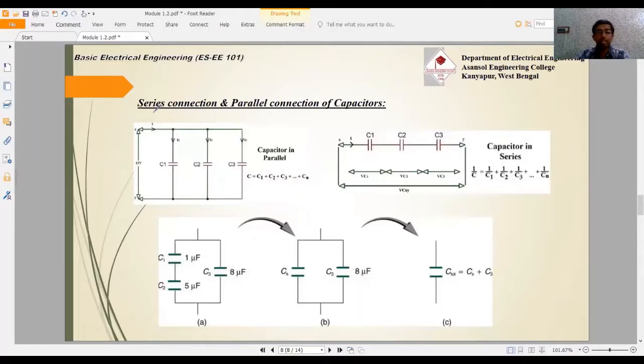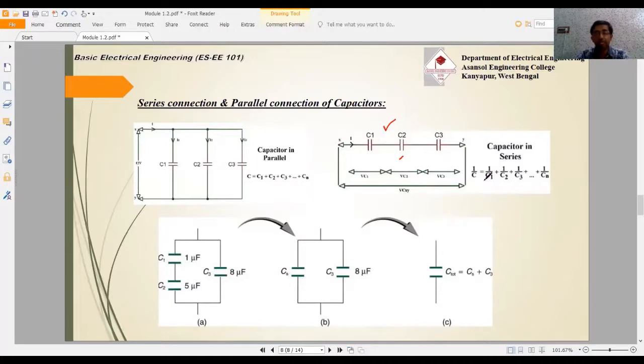Here we will learn about the series connection and parallel connection of capacitors. Here it is the parallel connection. This one is your series connection. For the series connection, if we consider it first, the capacitor will be a little bit different. Why? Because if these are connected in series, the equivalent capacitance will be 1 by C equals 1 by C1 plus 1 by C2. That means the parallel type of connection with respect to the resistor.